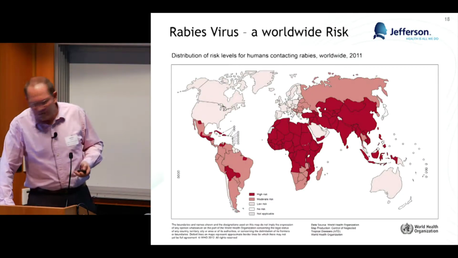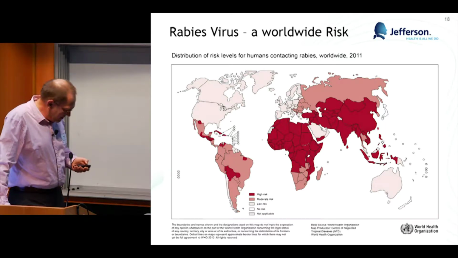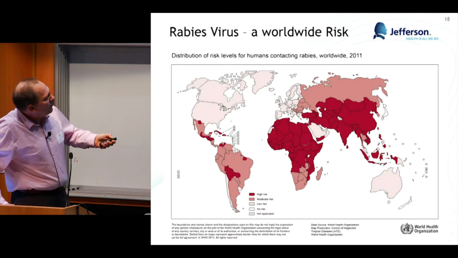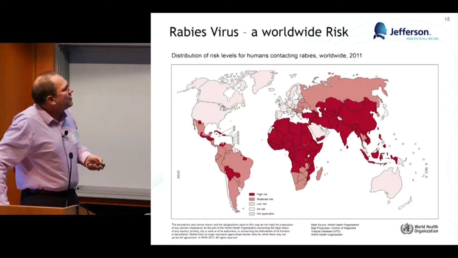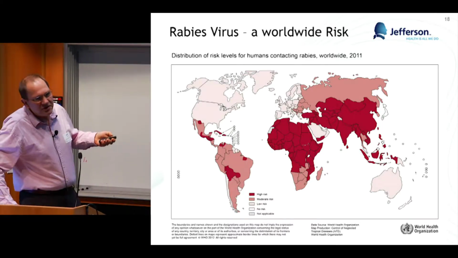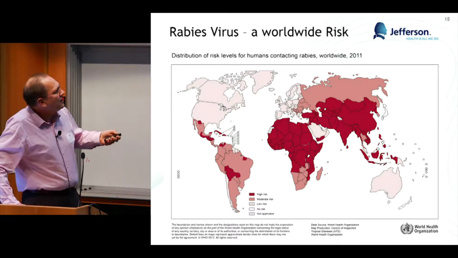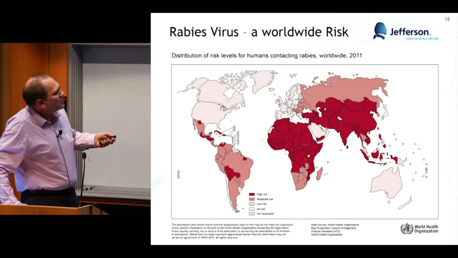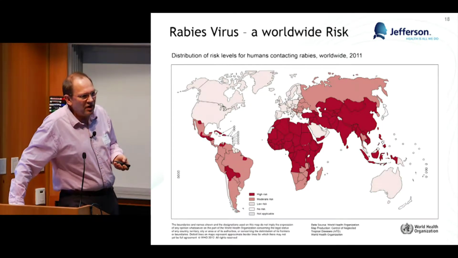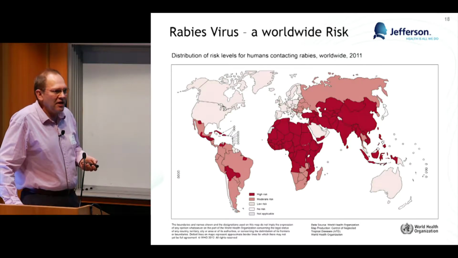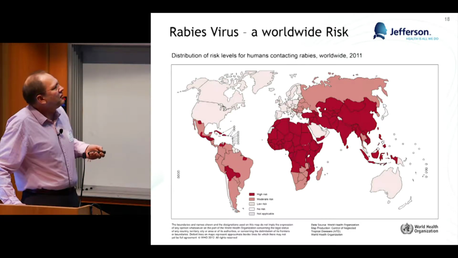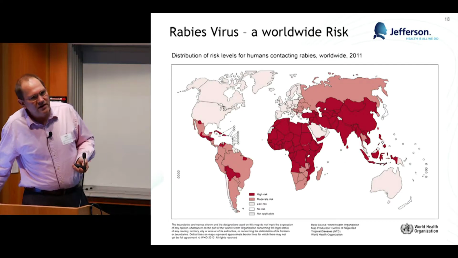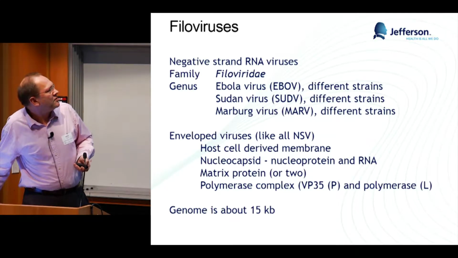But now I want to go back to the vaccine against Ebola virus, starting with this rabies virus, a worldwide risk. But these are all areas where you actually should get vaccinated if you go in this area. I mean, not in the cities, but in remote areas. And that's where acquired rabies is a high risk. And that was our starting point before we actually had the last Ebola outbreak, because there were vaccines out there, but financially none of them were really attractive. So we thought combining basically 2 vaccines in one would be a good way to address the problem.